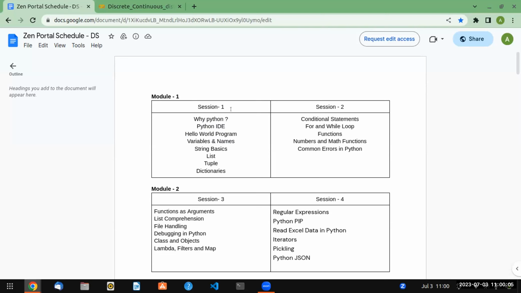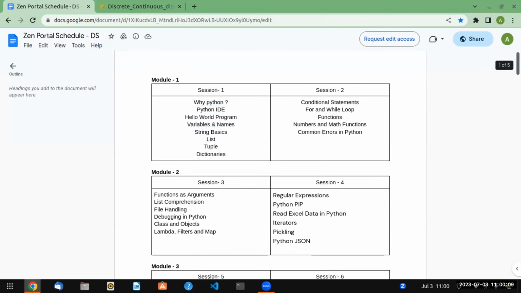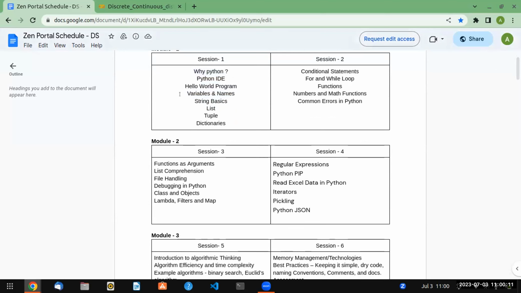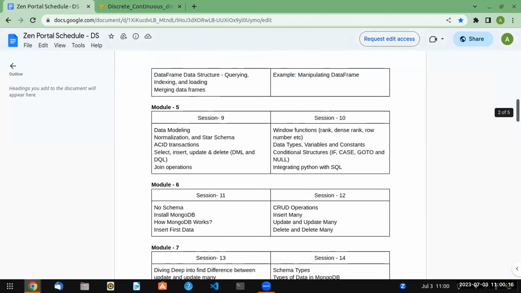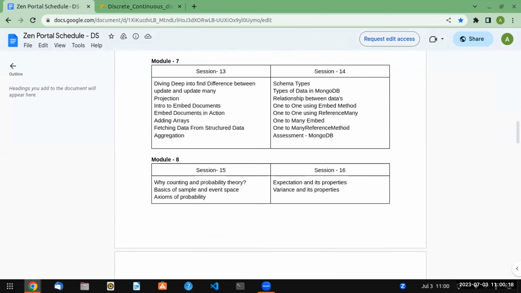Better you refer to this document, and for any prior video that you want to see, go to the Gen portal and see those topics, like this document. They have designed it so that one day you have to finish one topic. But from the starting we went half and half, and it's getting slower and slower. So I think we are one or two sessions behind. Six days behind, six sessions.